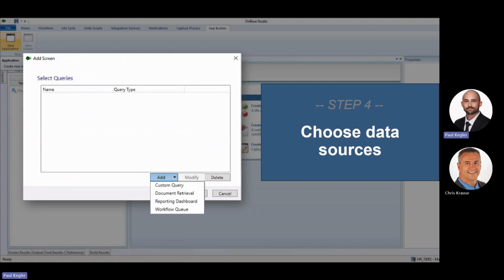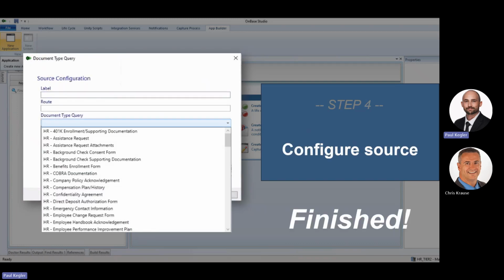And then you can choose your data sources. So your custom queries, your doc retrievals, your reporting dashboards, your workflow queues. And then once you're choosing those and adding those in, you just get those configured, and then there you have it. As simple as that, you were able to create a custom UI interface that consolidates these different aspects of